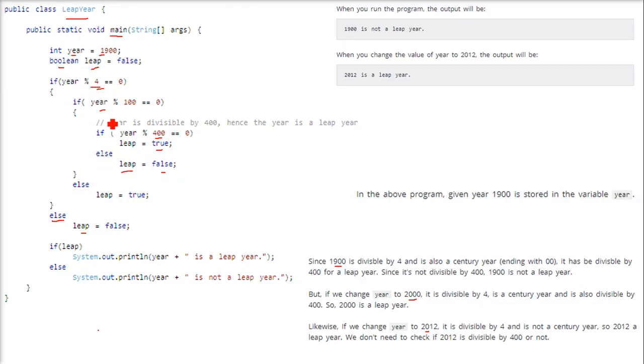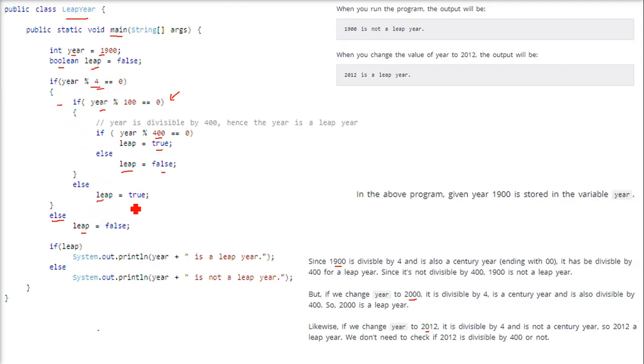So if it is divisible by 4, this is for century year. How about 2012? If you give 2012, you divide it by 4 and it will be divided. But if you divide 2012 by 100, you see it will not be divided; you will get some remainder. For that you have to come here, because if it is failing, it is still divisible by 4.